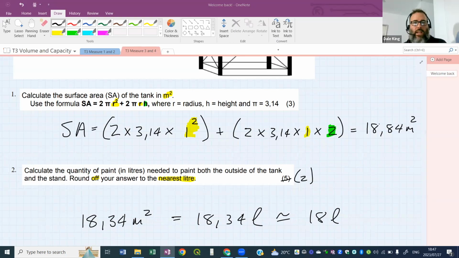Now, in questions like this, you guys are right, it should be 18. Now listen carefully. In questions like this, where you need paint to finish a project, the person who's setting the question,